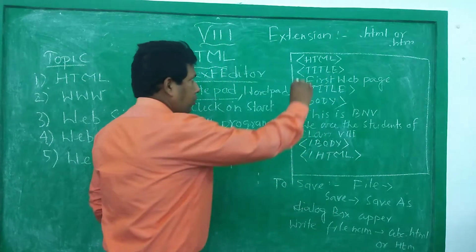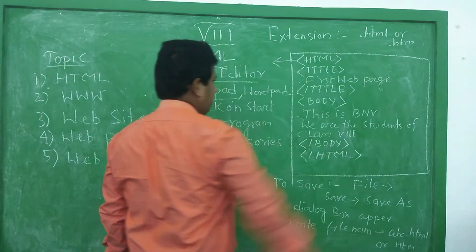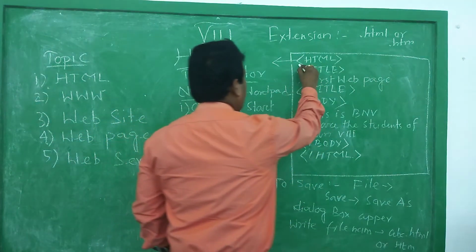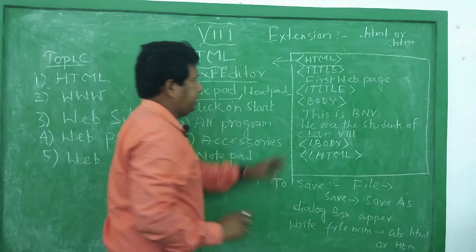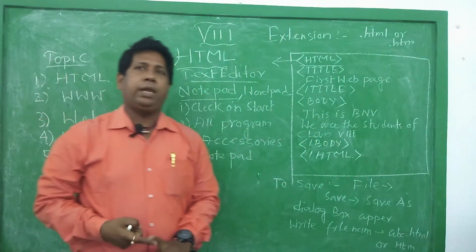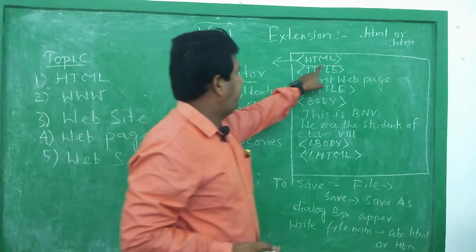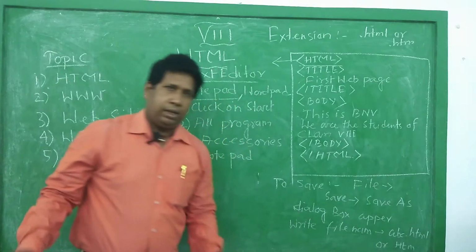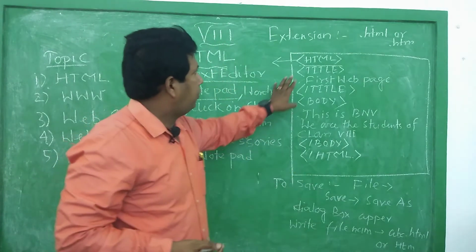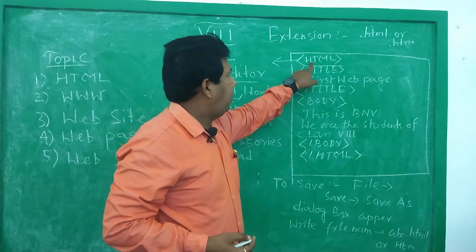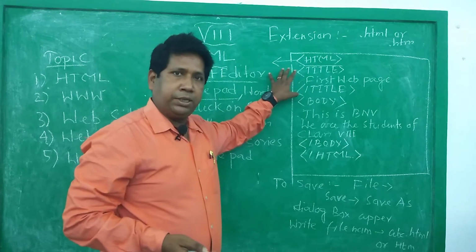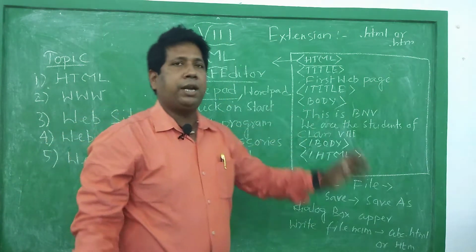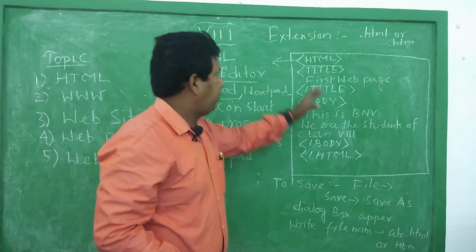Web pages go with four basic parts. Number one is HTML. HTML goes with two options, these are tags. In HTML, we can use tags. In between the tags, just see there are two angular brackets, and it is closed with one HTML. HTML is the first formation part of the HTML page. When you try to create a web page, we go with HTML.